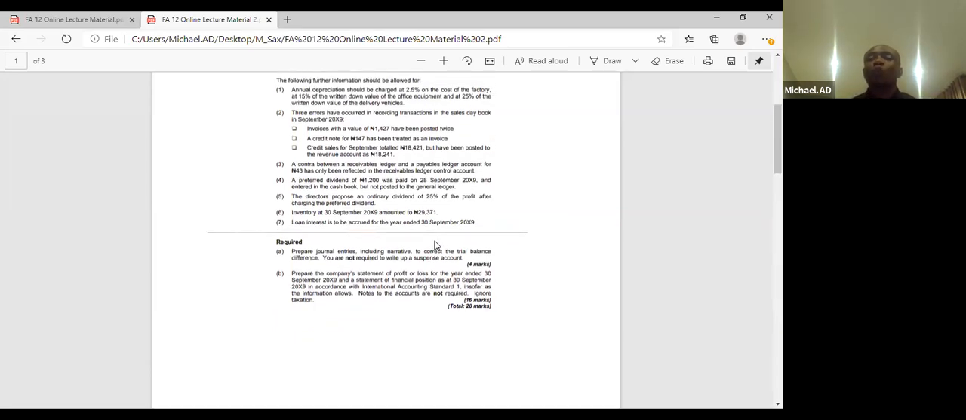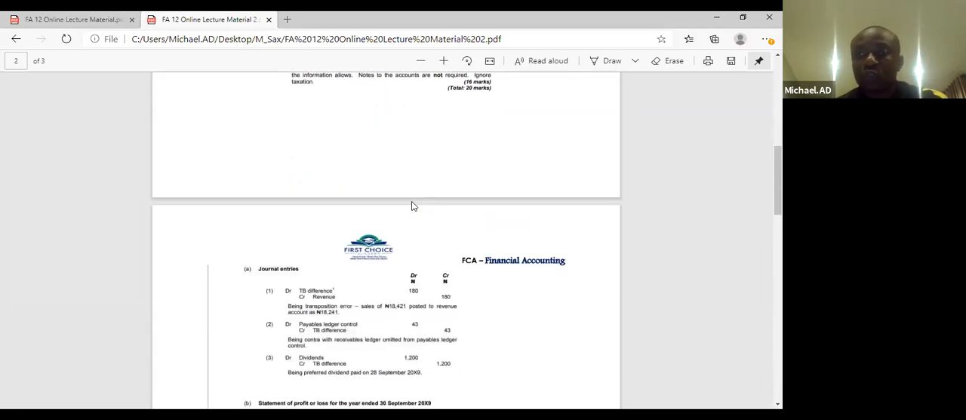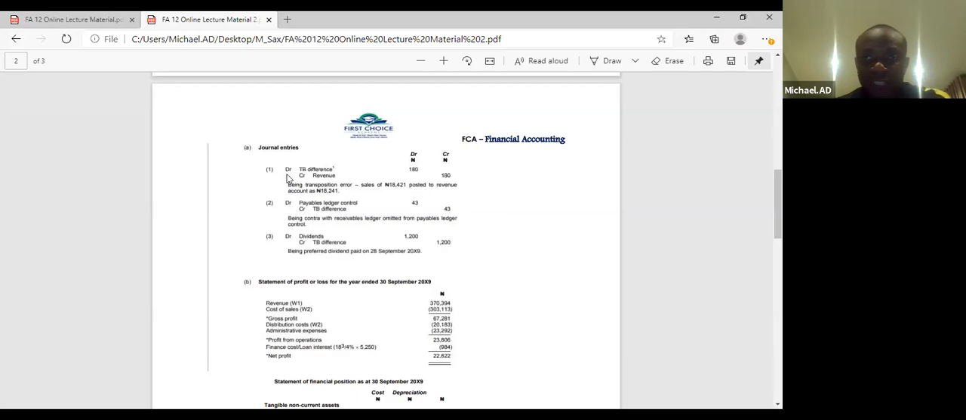We will say that we debit our trial balance with 118 naira, and we credit our sales revenue with 180 naira. In other words, the 180 naira has increased this 18,241 to 18,421. If you look at the illustration example solution 1, you'll see that the difference was TB differences of 118,000